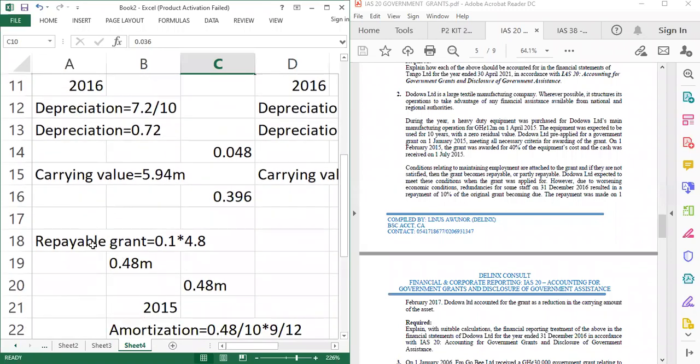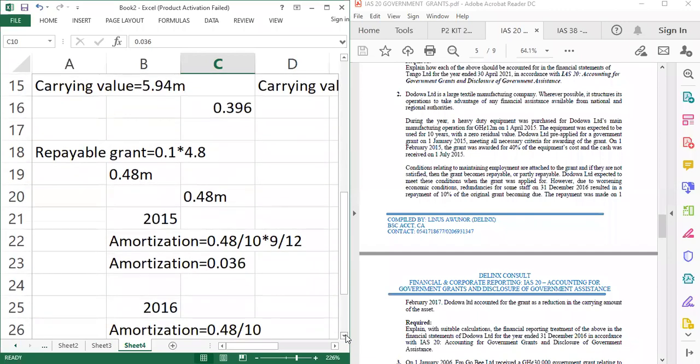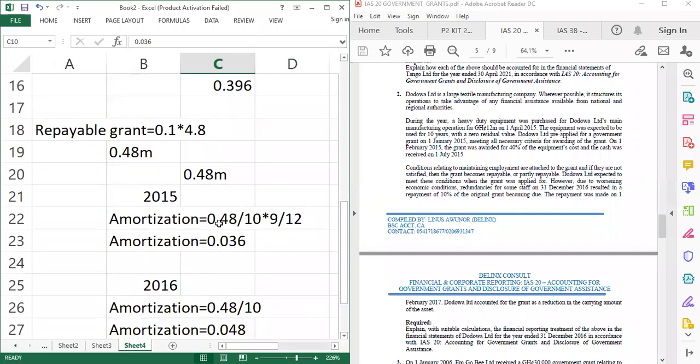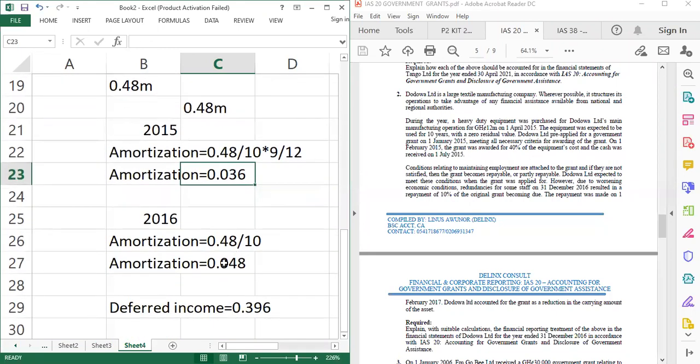The second side, you assume that the grant that you are paying was also amortized, like the way you depreciate the asset. So the first one, because we have subtracted this amount also from the asset, it has reduced the depreciation. So we ask ourselves, by how much was our depreciation overstated relating to this grant. Then we calculate the amortization for 9 months. You can see that this is the same as the first difference between the depreciation, isn't it? If you come to the second one, you can also see that this is the second difference between the depreciation. And you can also see that this is the difference between the carrying value.